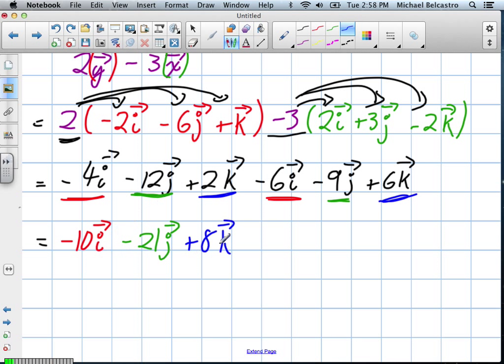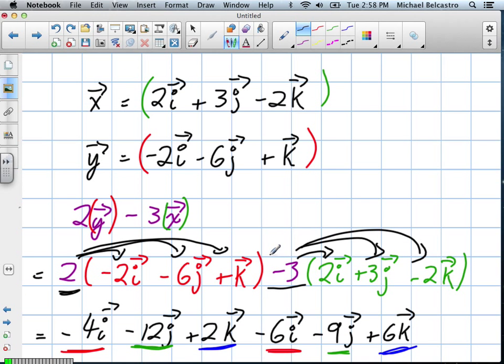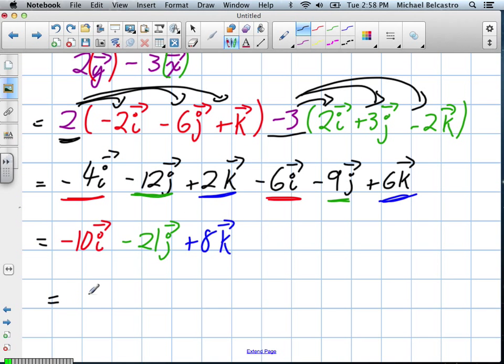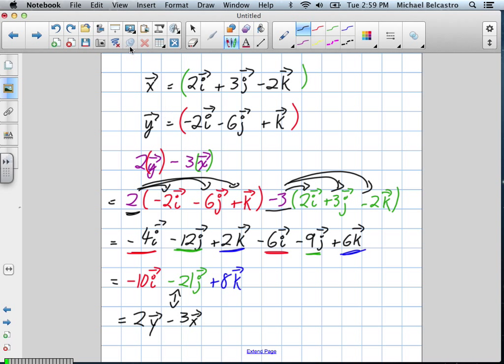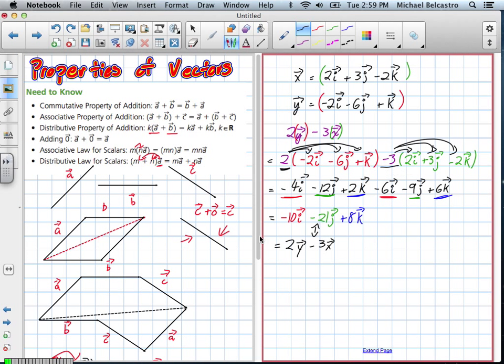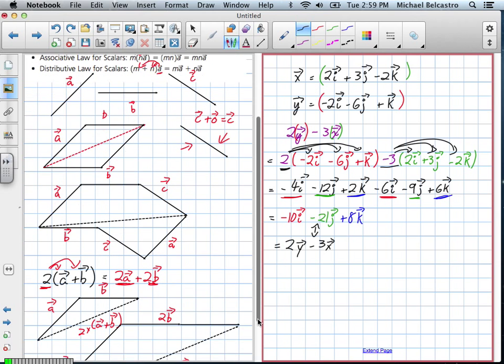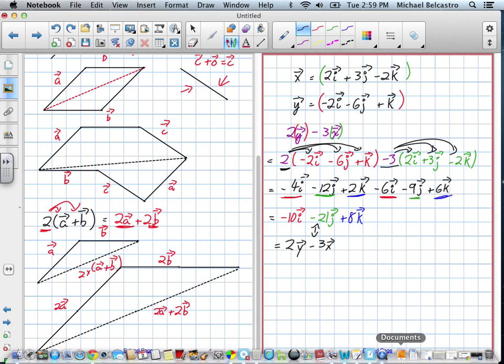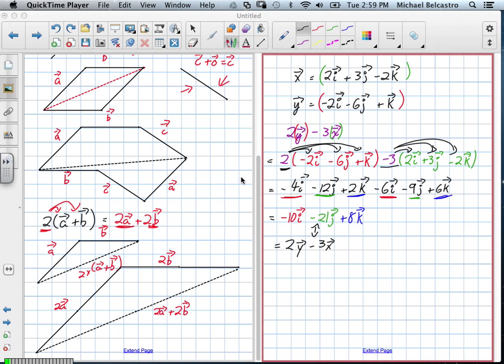So this is an equivalent vector. What did I write it as? 2y minus 3x. This is the equivalent of 2 vector y minus 3 vector x. These two are equal. I've just shown it in a different way. And this is the idea of using algebraically all those distributive properties that we just proved on the other page. These are the distributive properties, and this is our proof of them all using geometry. We just have to make sure we remember our associative and distributive